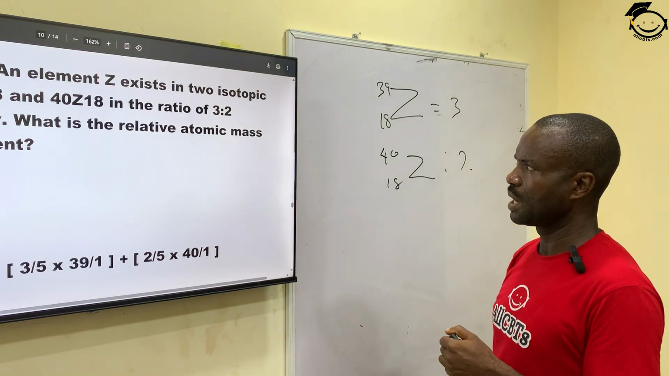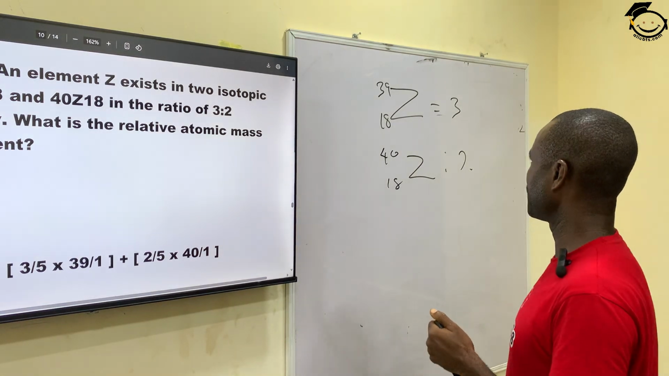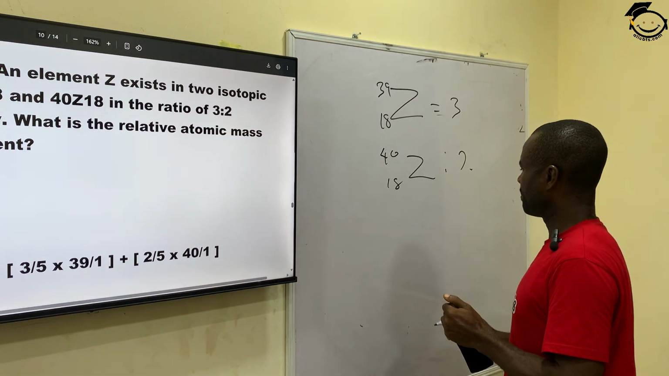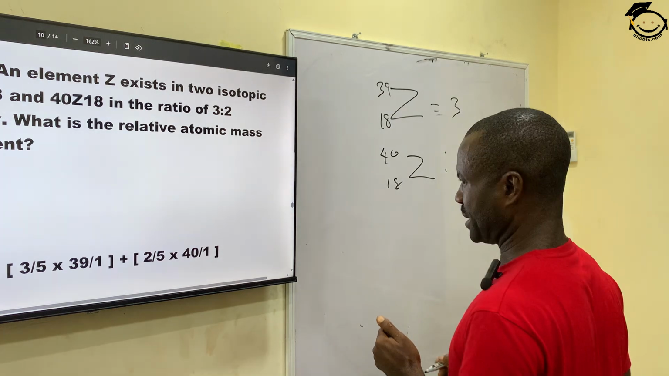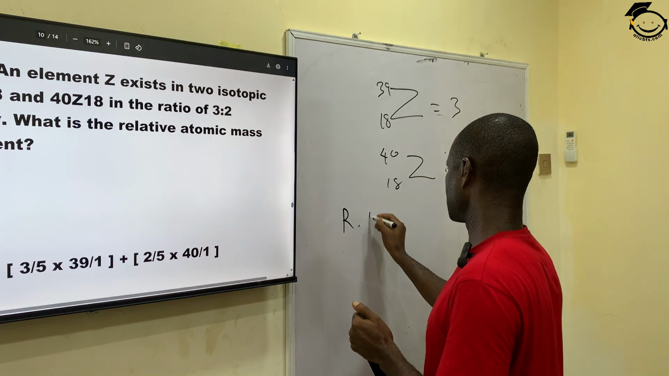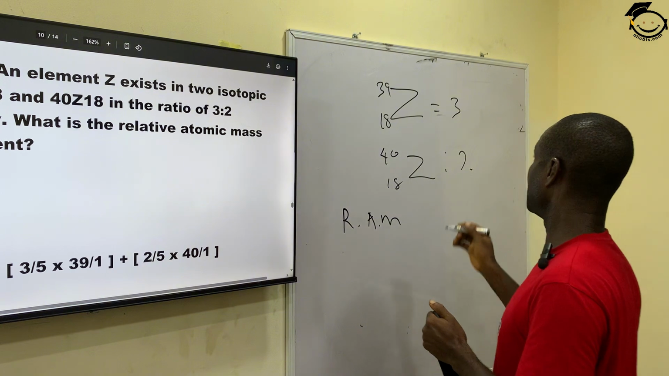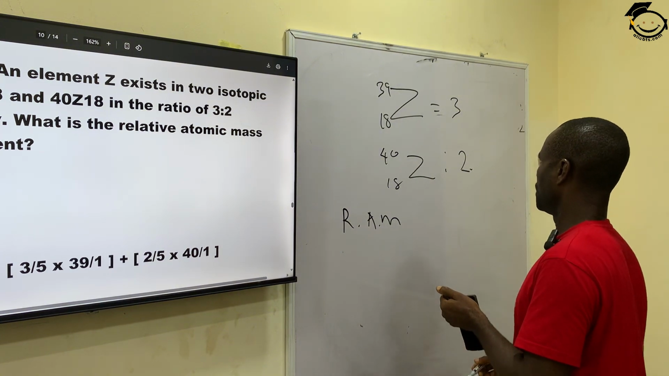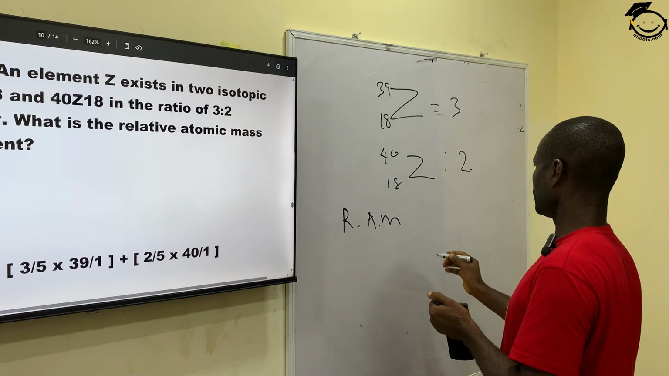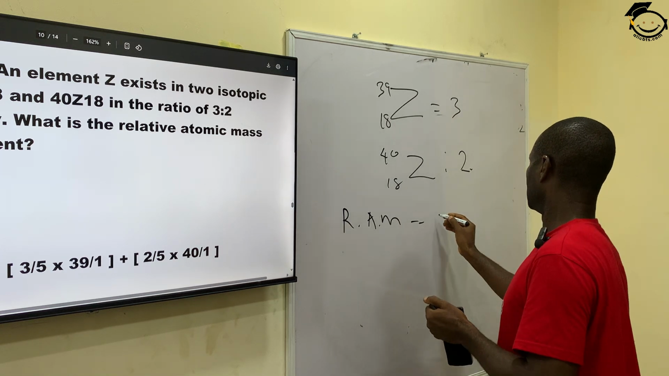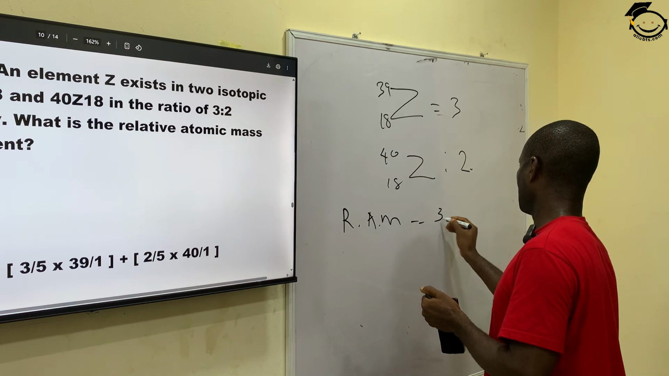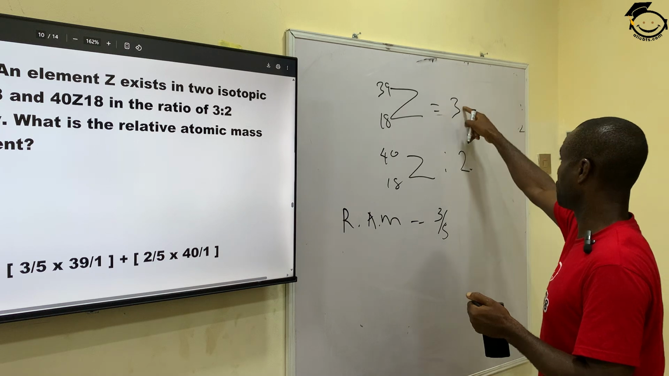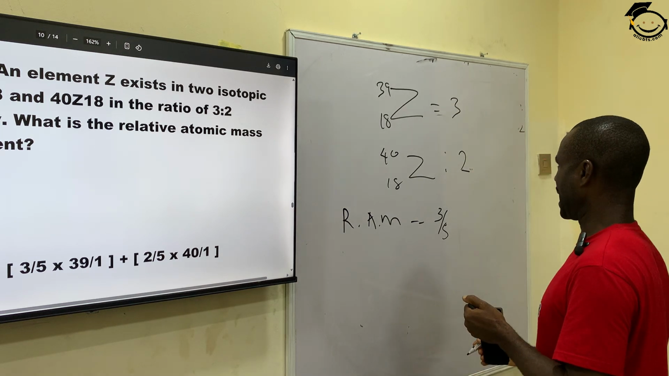Now, how do we determine the relative atomic mass of this substance? It is very simple. We determine this by finding the average. We say relative atomic mass is finding the average of this element. So to find the average, mind you, this is 2, three over 5. That is when you add 2 and 3, that is the ratio. Times